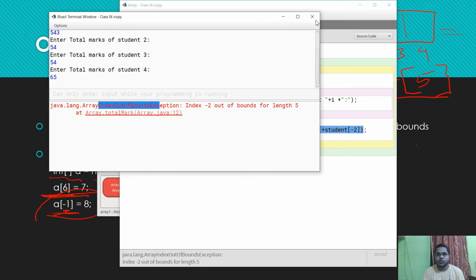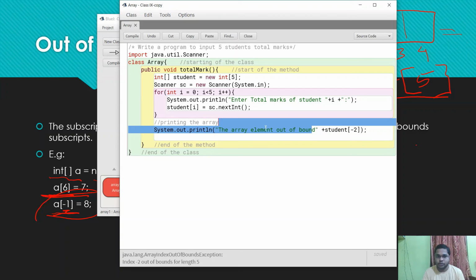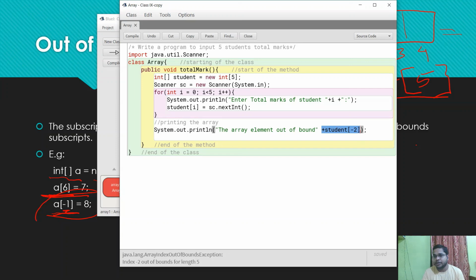So if you write any subscript or index that is not between 0 and size minus 1, then it gives an out of bound exception. So always put the array index correctly, in between 0 to n minus 1, or size minus 1, so that this exception does not occur.